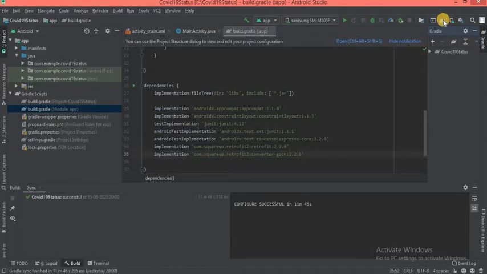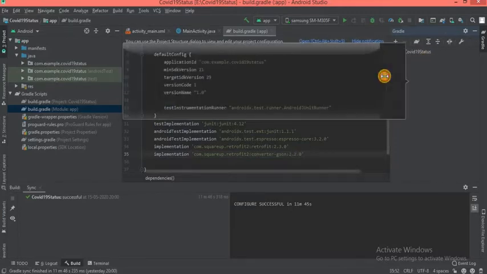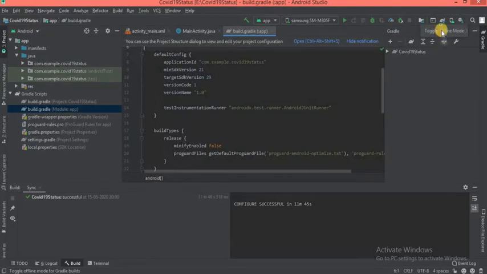Once you click the sync with Gradle button, it will automatically download all packages mentioned in the dependencies section. Okay, the task is simple. First mention the libraries, then disable offline mode, and then click sync with Gradle files. Clear?